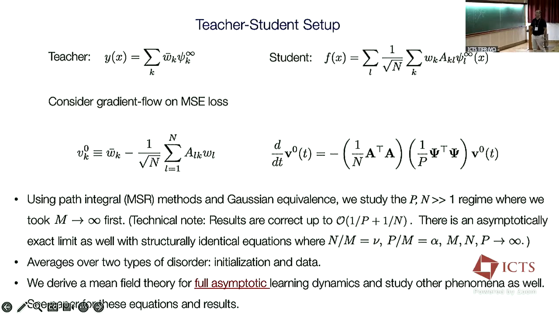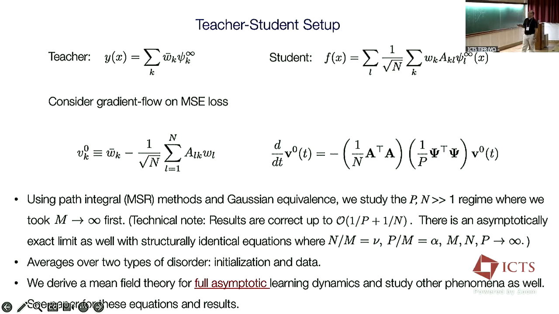Under gradient flow, simple algebra shows the dynamics of this set of vectors follows an equation like this. And of course, this is a random matrix problem because these A's are random matrices and psi's are randomly generated data. So long story short, what we can do is study a limit where we take n to infinity here and the number of samples to infinity here, and try to come up with a description of this dynamics. That goes through the path of, again, a mean field theory, which I'm not going to go into the details of.